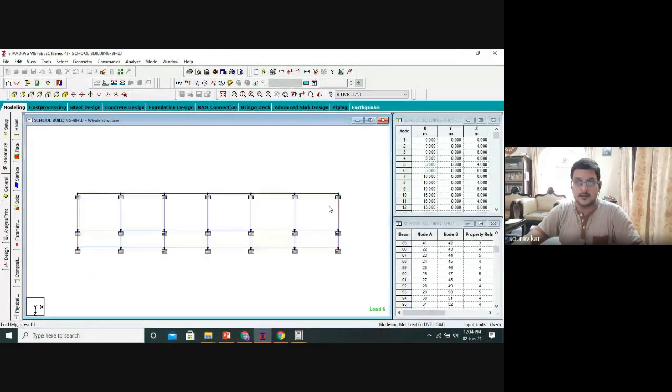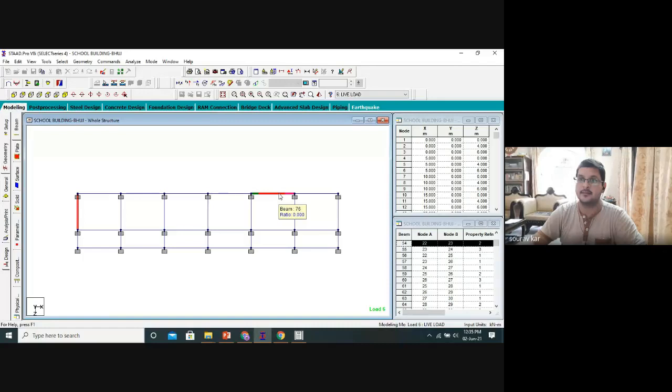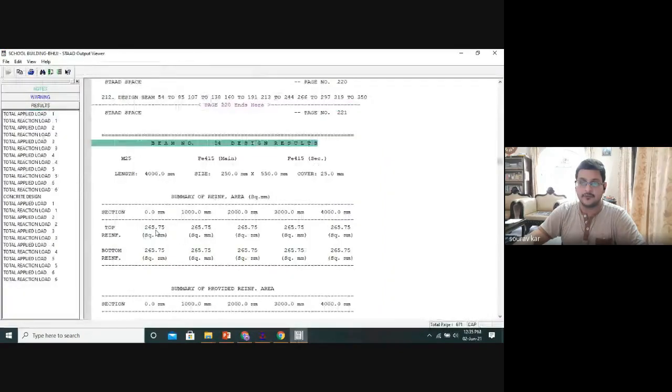Yes. So these are all 4 meter in length. This beam is 54. Even if you don't want to go, just take your mouse on this beam. The beam number is representing 54. Again, I am taking the mouse on this beam. The beam is getting highlighted. It is beam number 76. So for 54, this beam which I have highlighted, the top reinforcement is giving 265.75 and the bottom reinforcement is the same,